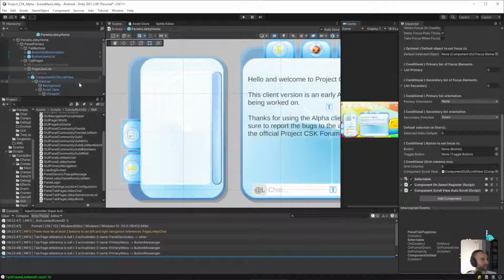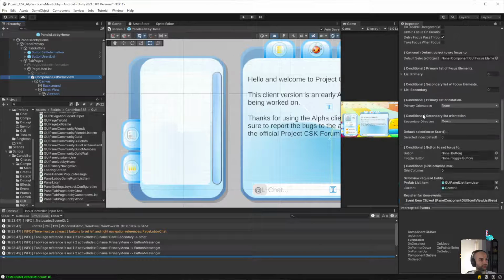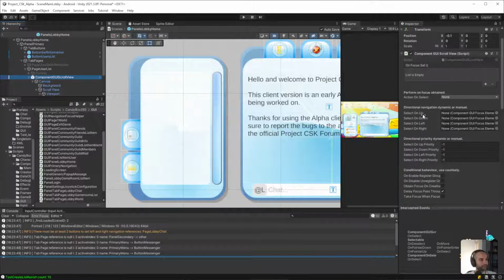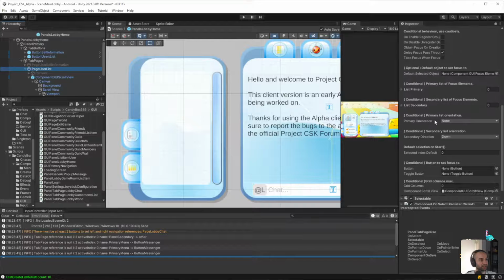Or did I forget to set the reference? I think I forgot to set the reference to, yeah, it should be previous selection. That's what it should be. It should be previous selection, and then the component scroll view. That's what it is.